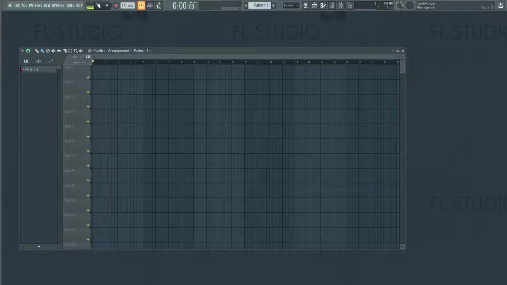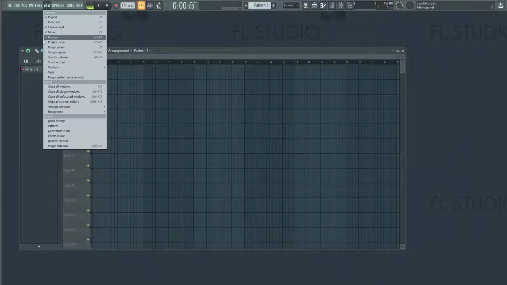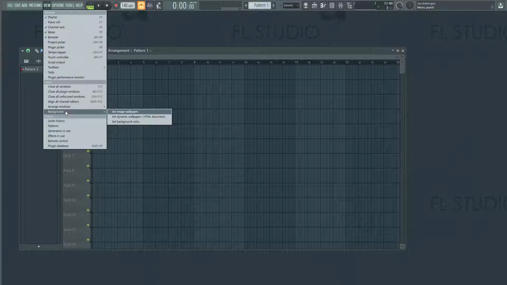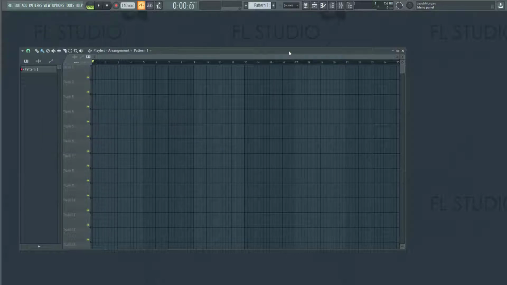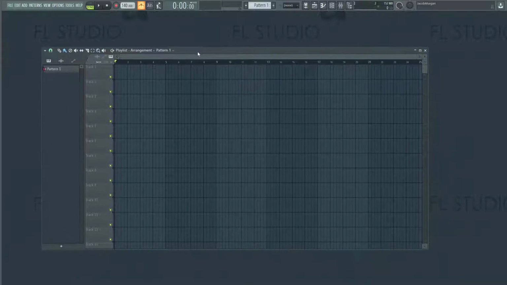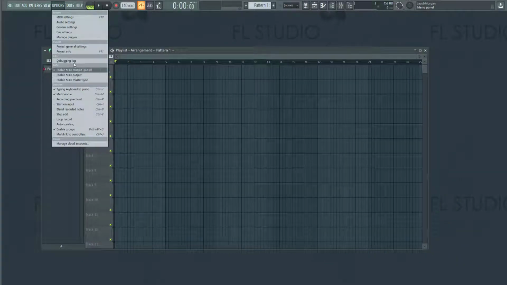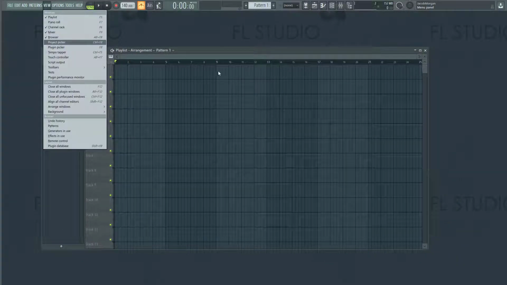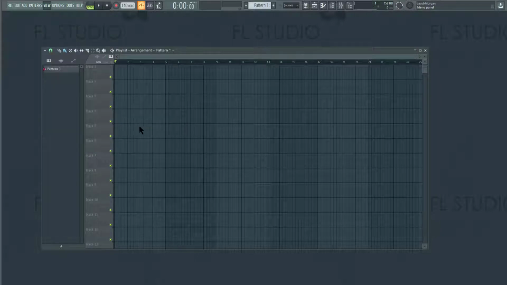Hey everybody, this is a fix for the wallpaper issue that is in 20.7.1. When you first boot up, if you're using a wallpaper that's not stock, and you boot up FL Studio in the new version for the first time, you might notice that your wallpaper is no longer being displayed. And if you go to change it,